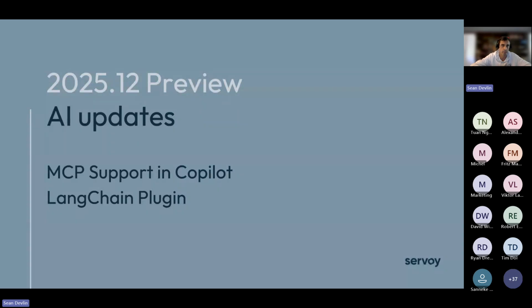One is that the Copilot plugin for Eclipse, which we demoed in the past, is getting better and better. As are some of the other development tools, not just GitHub Copilot, and they are now able to use things like MCP, Model Context Protocol, to find out more information or to even call tools. And we're taking advantage of that, and we're exposing a Servoy MCP server in the localhost, inside developer, so that Copilot can understand more